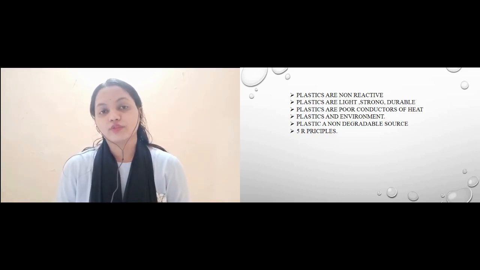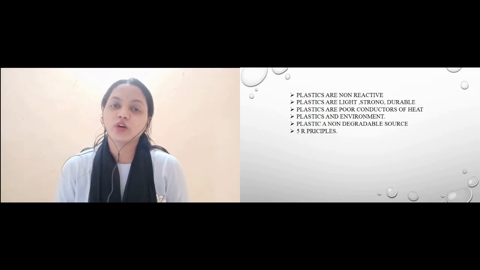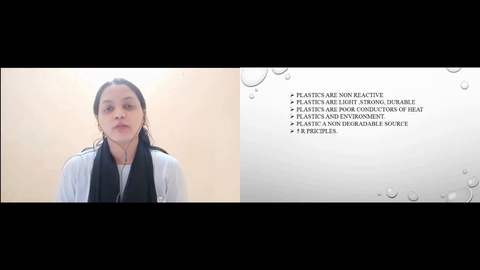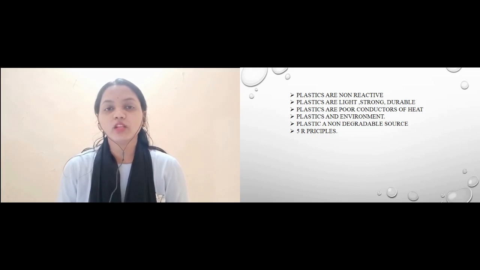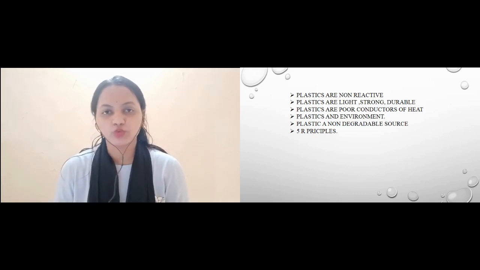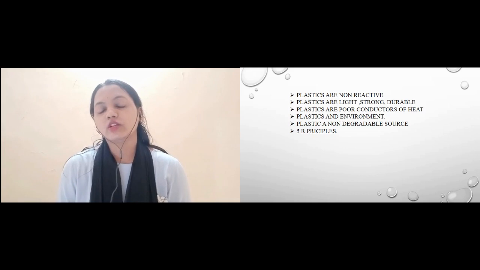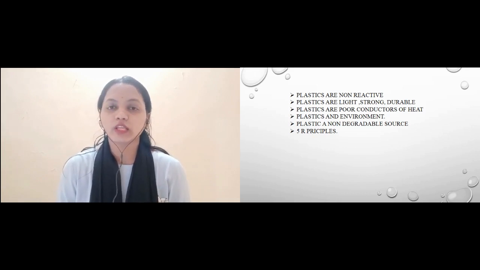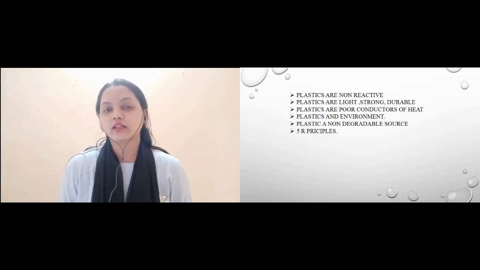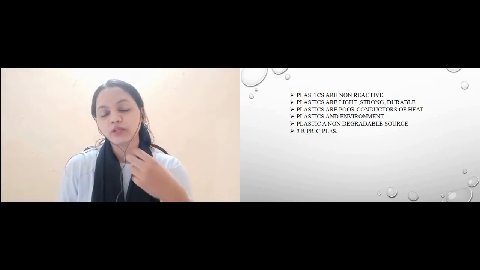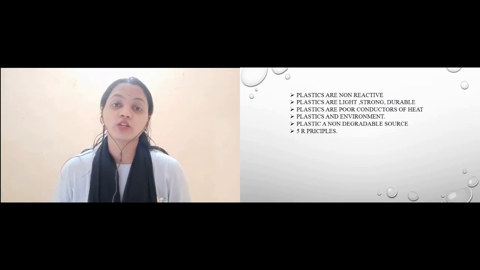Recover and refuse. Refuse is for, we have to refuse the use of plastic. We have to ban the use of plastics, and only then can we save our earth from plastic pollution. When plastic burns, it releases a huge amount of smoke in the air, full of some harmful gases. This is indirectly creating air pollution. So even though plastic has many plus points, these are the major drawbacks